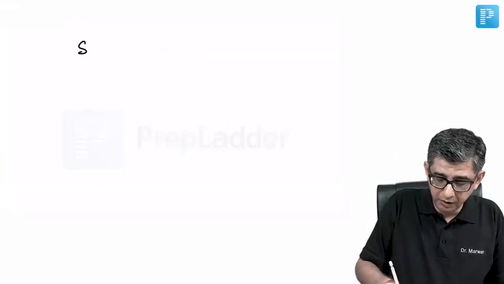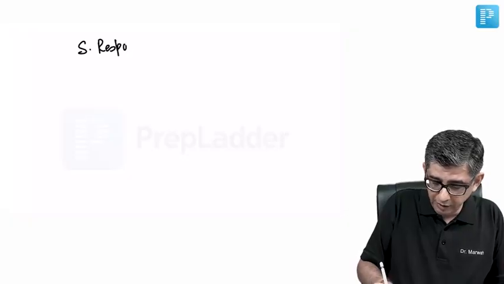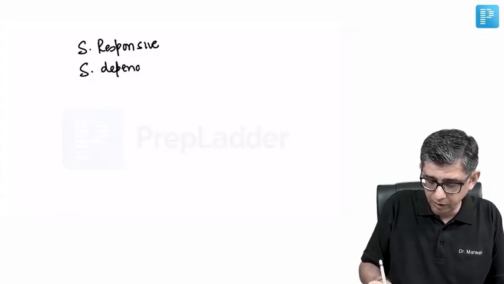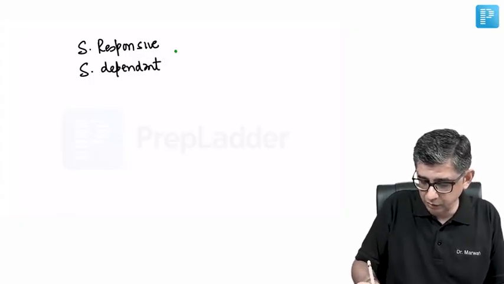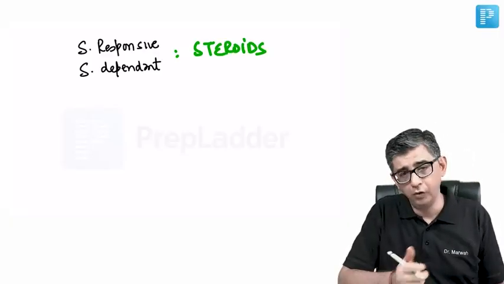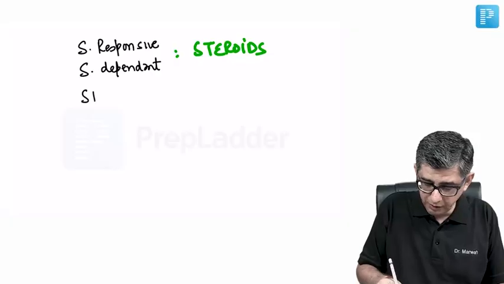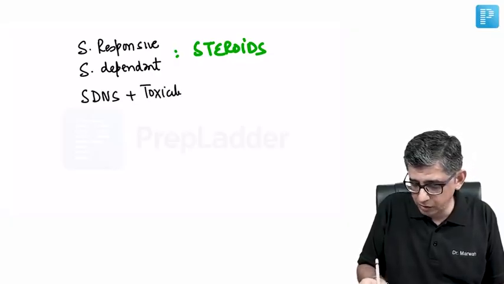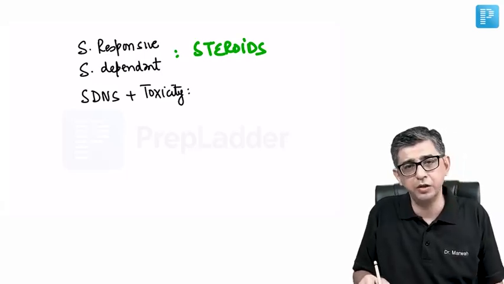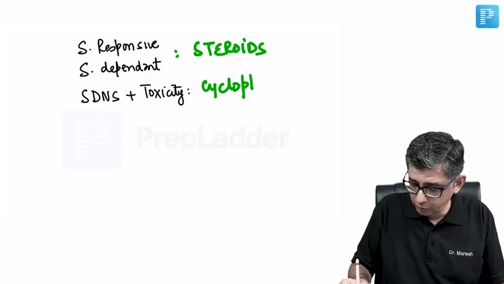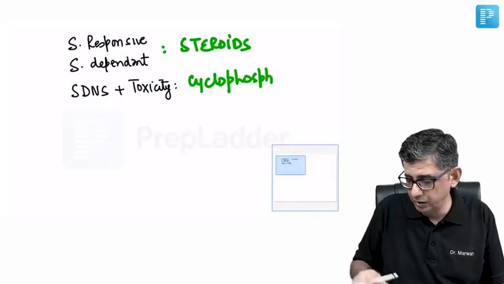The summary can be remembered like this. If you read a question with respect to steroid responsive nephrotic syndrome, or a question with respect to steroid dependent nephrotic syndrome, then in both circumstances your answer would be steroids. That's not an issue and you would be able to answer this easily. However, let me say he mentions that the patient is having steroid dependent nephrotic syndrome and is giving features of steroid toxicity also, ranging from cataract to hypertension to hirsutism. Then your answer in this case will change, and you will be answering this as cyclophosphamide,